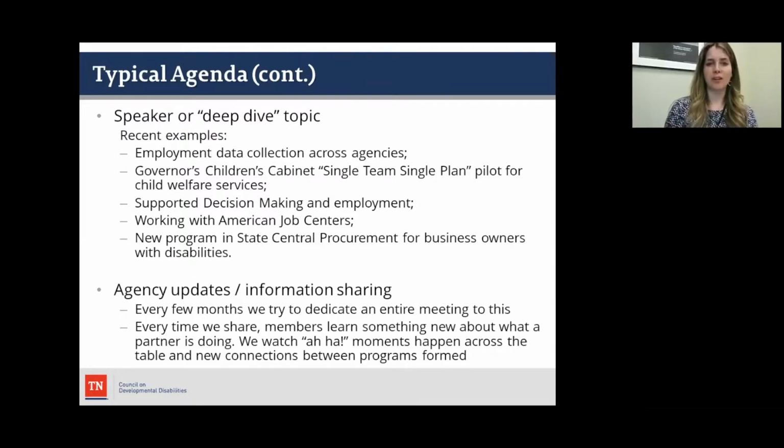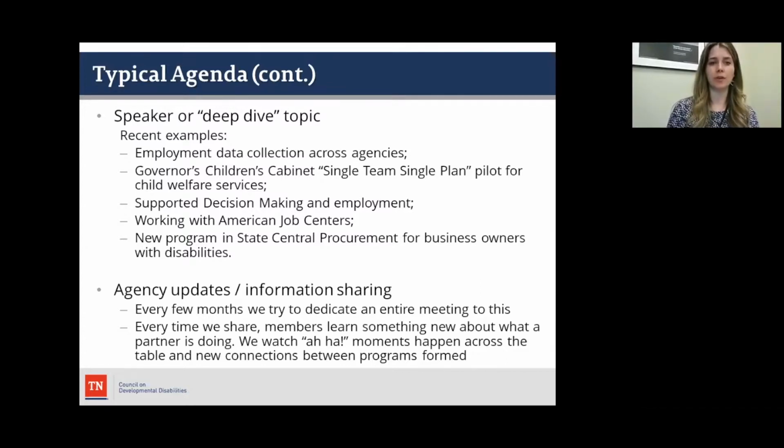So we started having that conversation, really led by our university center here, Vanderbilt. They have a brilliant data team who can be an external, neutral facilitator of that kind of conversation and help move it forward. That's one example. Another example is we, the council, had a separate meeting with the governor's children's cabinet about a